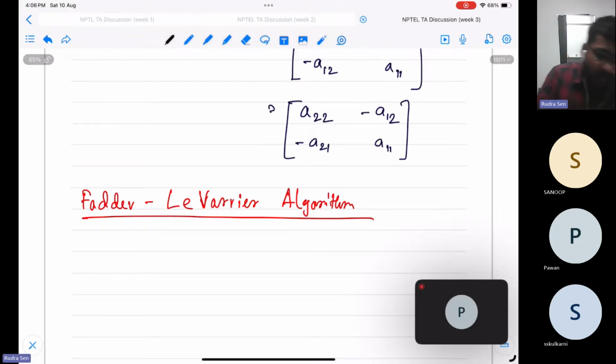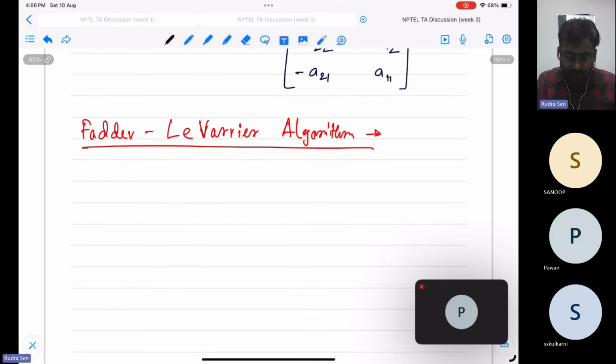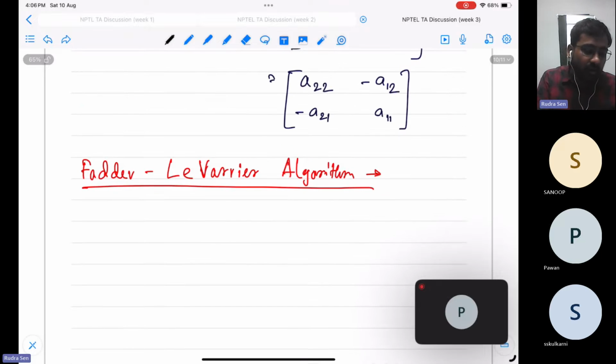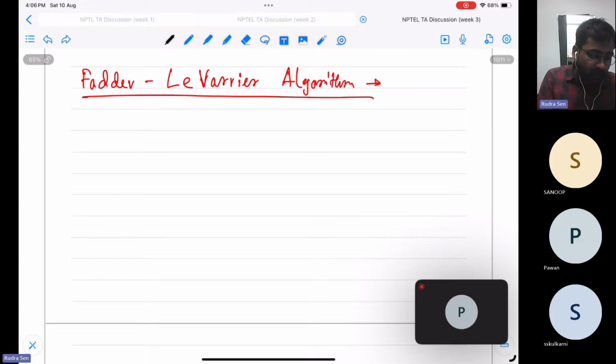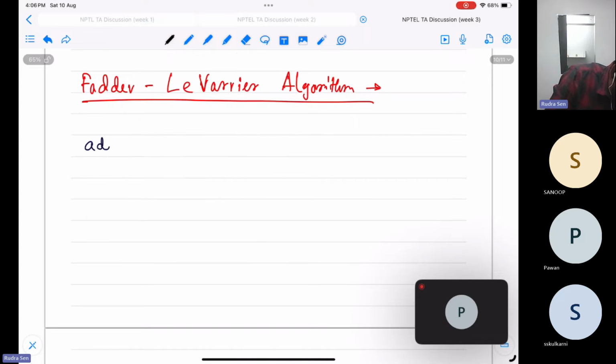Sometimes it is also called only the Leverrier algorithm. Okay. So what this algorithm basically says is that we do not need to find out the cofactors and all kinds of things. It is very much messier. So let's say we know that we can represent the adjoint of